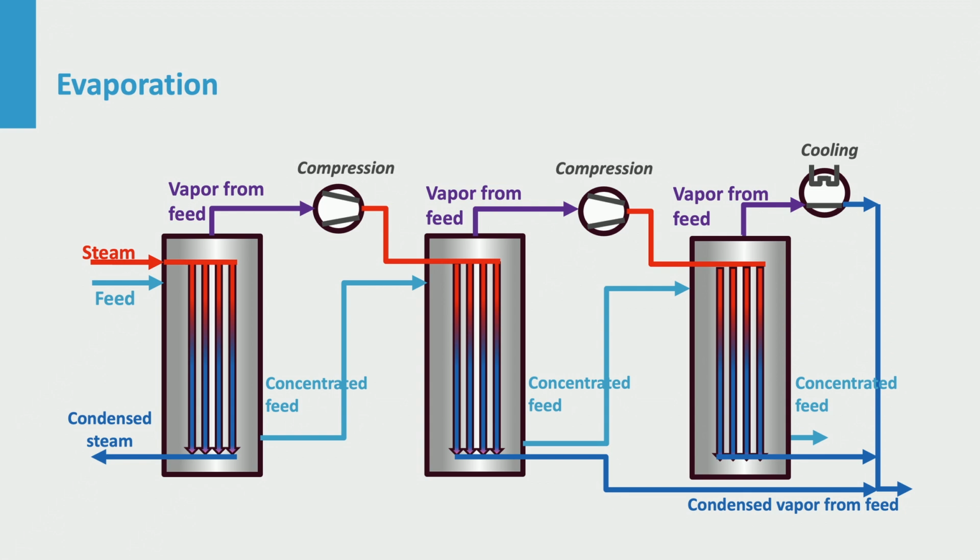This leads to evaporation in the second effect, and the vapor stream from the second effect is compressed to become heating source in the third effect. To condense the water evaporated in the third effect, external cooling water is needed. So only the first effect needs external steam and only the third effect needs cooling water. Configurations like this one can easily reduce the energy requirement by a factor of 3, but investments in equipment will increase.